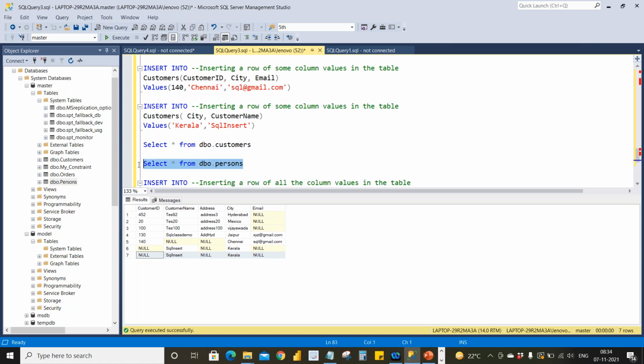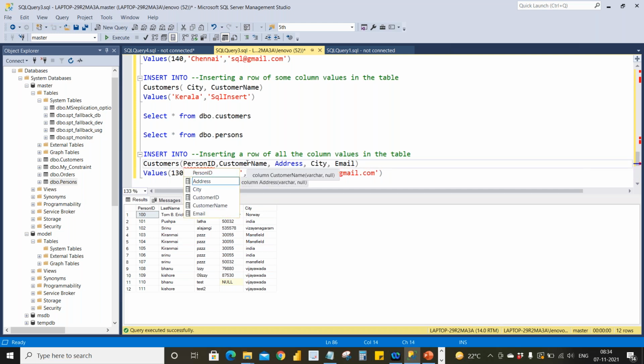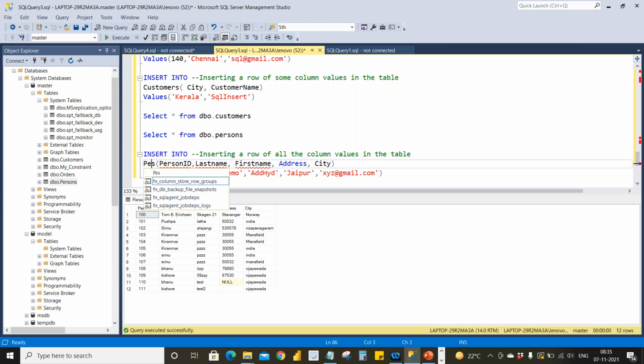So let's see what all columns are available over here. Okay, we have person ID, last name, first name, address, city. So here we need to give the table name as persons.